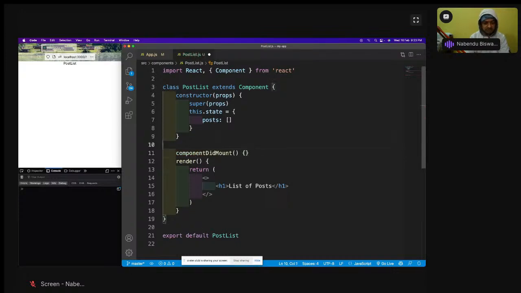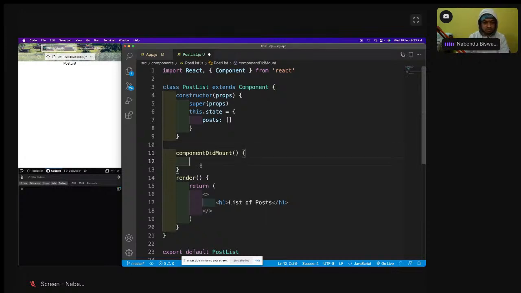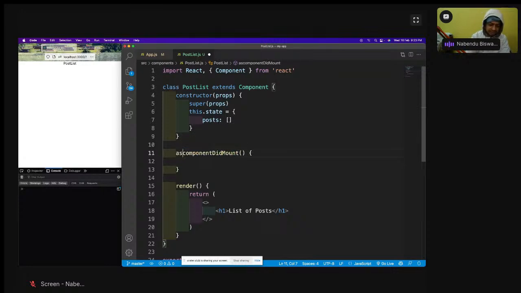So when you are going to use the async await, we have to make something async, and we will make this component did mount itself async. And now we have to hit this endpoint like const URL equal to like this,